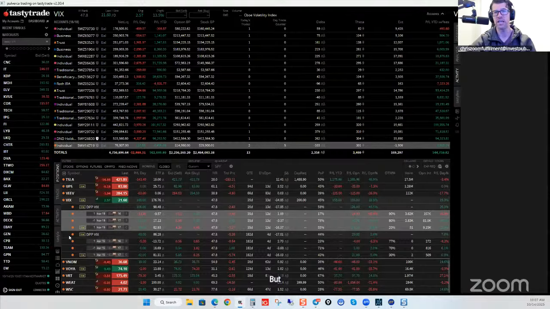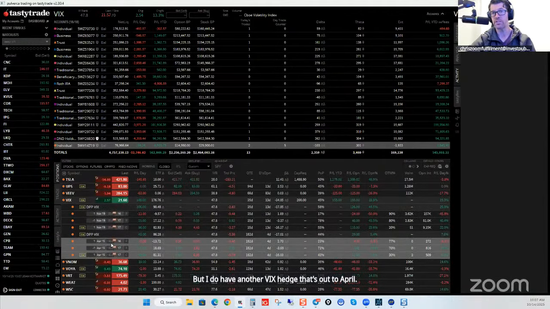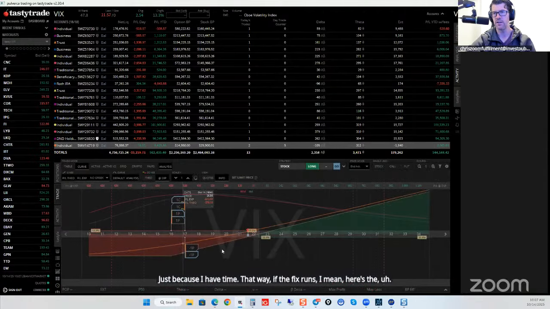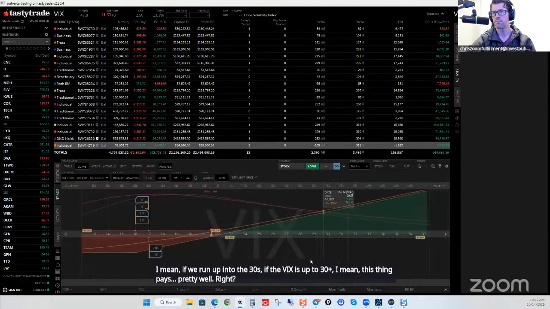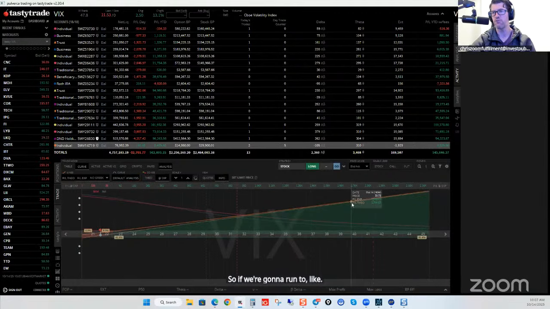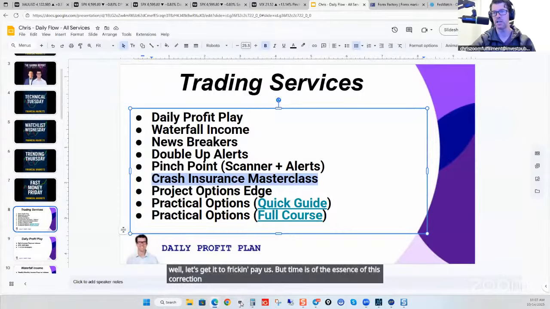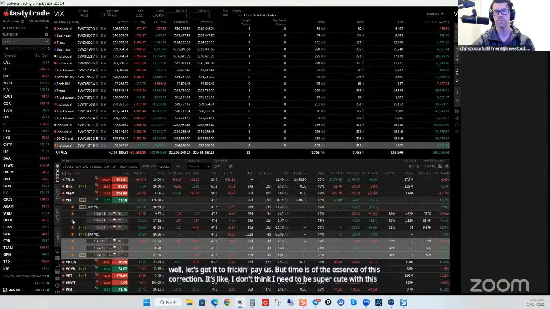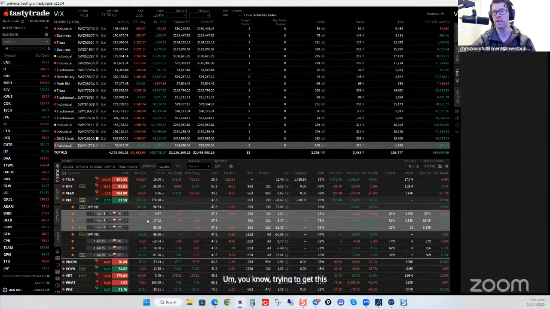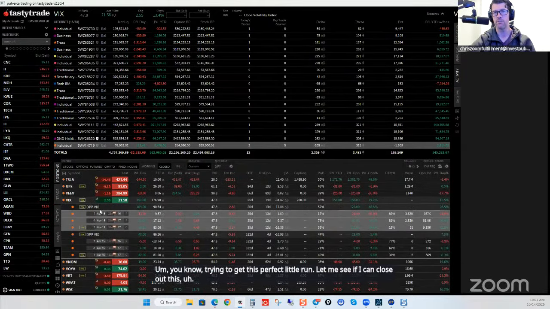But I do have another VIX hedge that's out to April. And if there's one that's going to pay us a lot, it would be that one in April, just because I have time. That way, if the VIX runs, here's the analysis side. If we run up into the 30s, if the VIX is up to 30 plus, this thing pays pretty well, right? So if we're going to run to like 30, 35, 40 VIX and be surprised, well, let's get it to pay us. But time is of the essence of this correction. I don't think I need to be super cute trying to get this perfect little run. Let me see if I can close out this daily profit play VIX that we did for the November